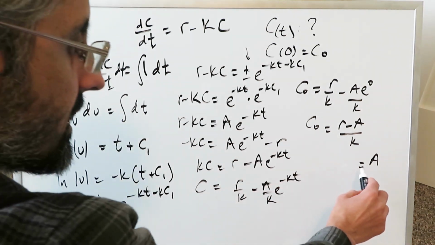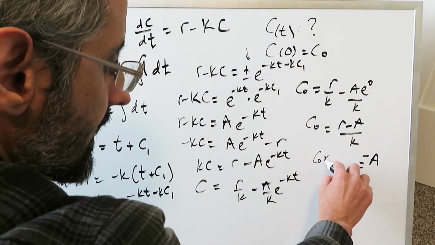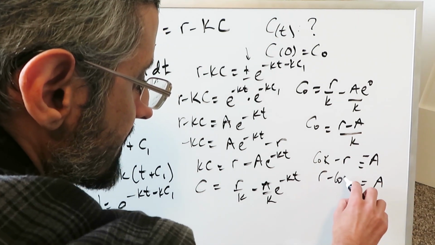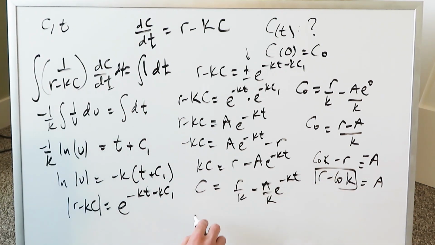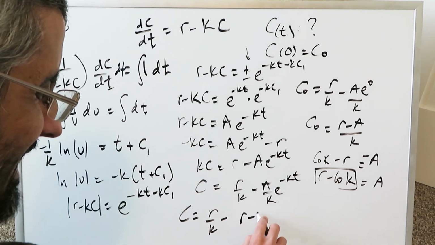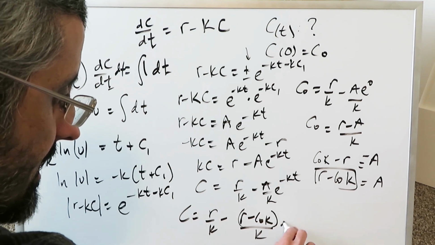we'll do a substitution. A is equal to, or let's just say minus a is equal to C0 k minus r, and then a is equal to r minus initial concentration times k. This value right here will come right over here. And let's bring it in. C is equal to r over k minus (r minus initial concentration times k) over k e to the power